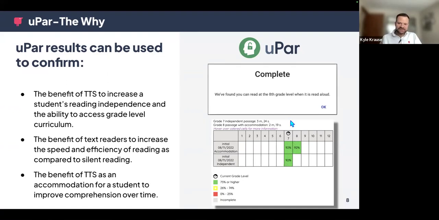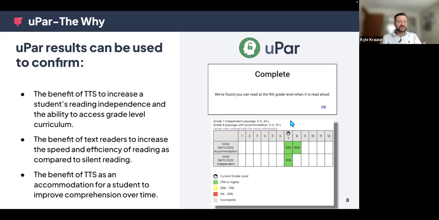And where it gets really interesting is when we compare what that student can do with the accommodation and that time information and what they do silently by themselves. In looking at those time informations, a lot of times we see students are much faster, sometimes twice as fast, when they have those text-to-speech or text readers available to them compared to what they can do